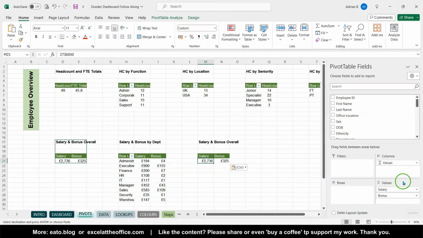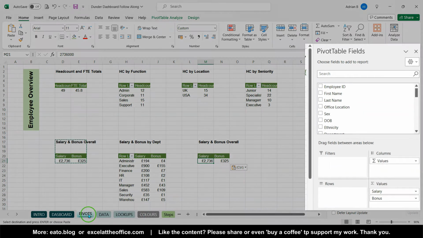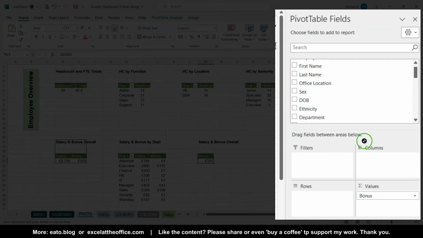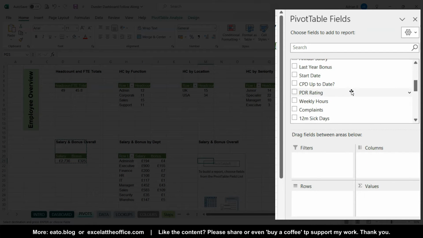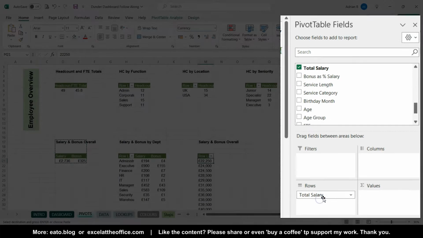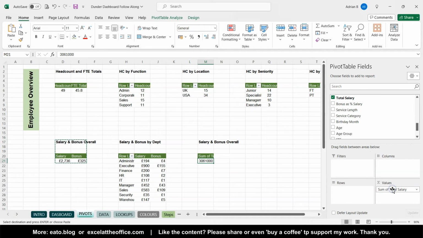So in terms of the fields, I only need the one field, and I'm going to remove salary and bonus, and I'm going to choose my total remuneration, which is total salary, adding the two together, because it would be not the row labels, I want it as the values,